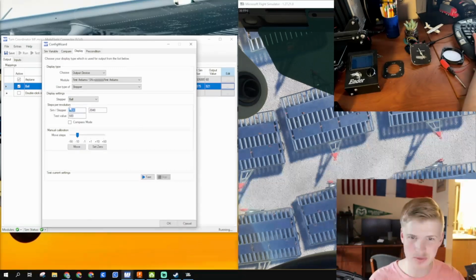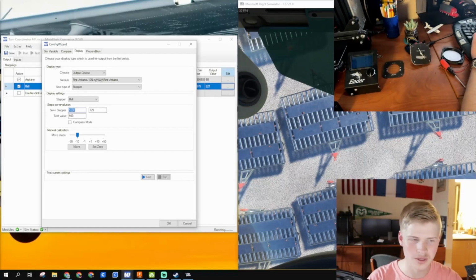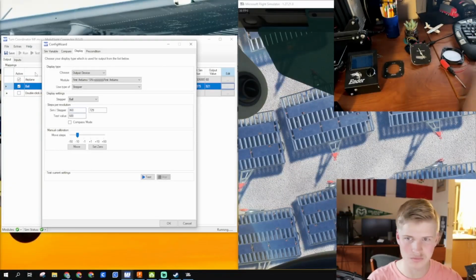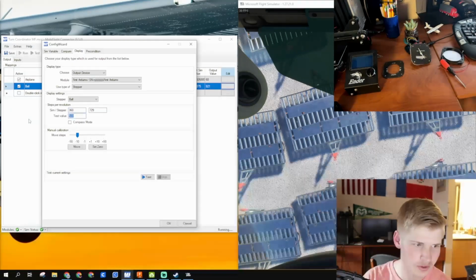So every time the simulator goes 1000, the stepper motor goes 720.29. You can either use 1000 and have your numbers all based on 1000, or for this I might actually go, even though my notes say 1000, I might go with 360 because I think that would just make more sense intuitively. The test value can be